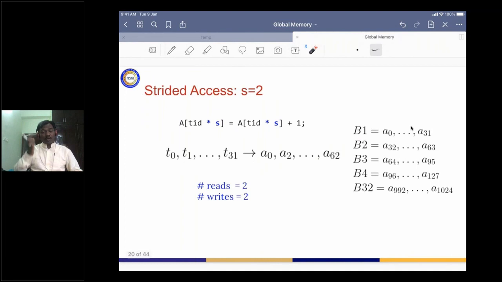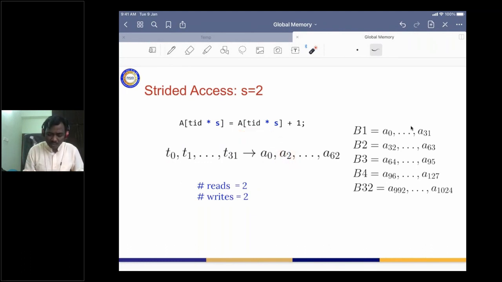If S is equal to 1, it is as it is. If S is 2, let us think of this. We are talking about threads 0 to 31, but 0 multiplied by 2 is 0, and 1 multiplied by 2 is 2. So T1 is accessing A2.